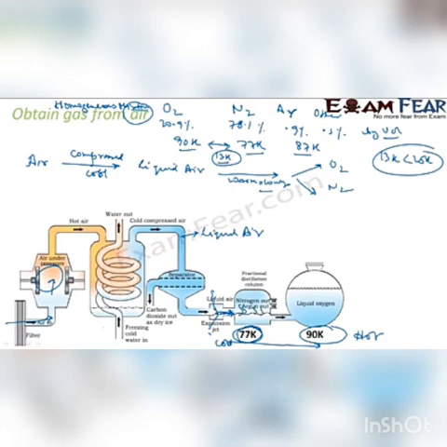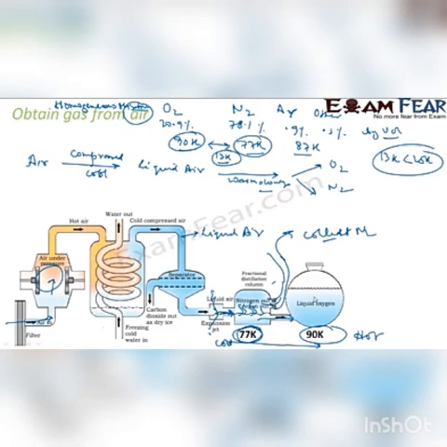And which gas will come out? Nitrogen gas will go, and you will collect the gas from a pipe here. Since argon also has a low boiling point, we will get some argon also. Now the remaining gas will come here. The liquid is still in liquid form. The gas we have collected is nitrogen. The remaining liquid will come here and that will be the liquid oxygen, because oxygen is almost 90 Kelvin. So we will collect most of the nitrogen, almost 78% nitrogen will be collected here, and the remaining will come here, and that will be liquid oxygen.